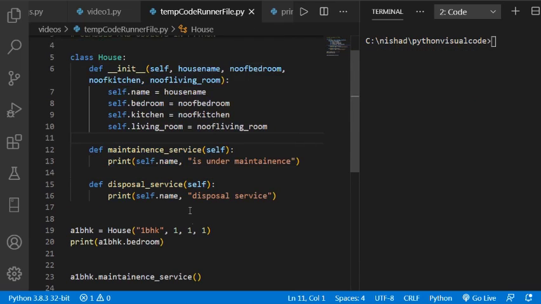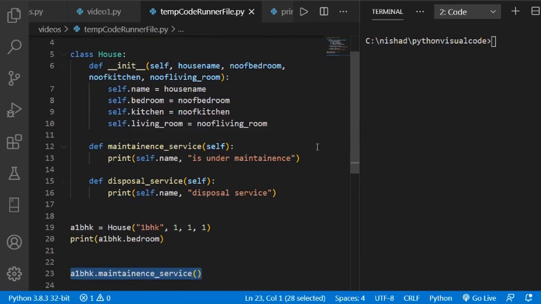You can also see this over here. These are basically methods, right? You can also think of a class and object this way: a class is basically a container in which different variables and different functions are stored.